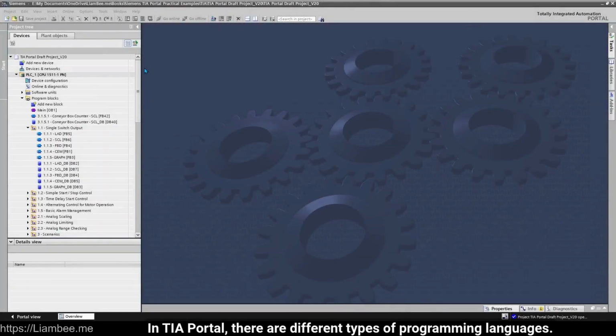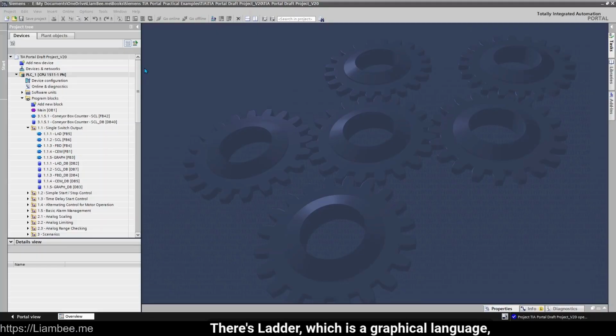In TIA Portal, there are different types of programming languages. There's ladder, which is a graphical language, and structured text or structured control language, which is a textual language. But predominantly, all of the different languages available aim to serve one purpose, which is to allow you to write your logic. Some languages have strengths and some have weaknesses, and when used together, you get the most out of